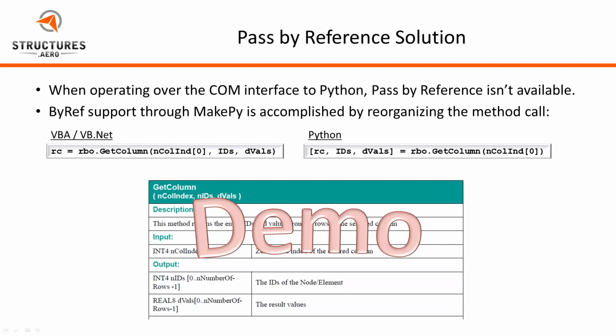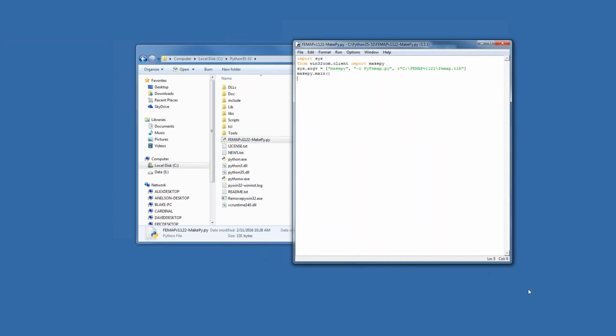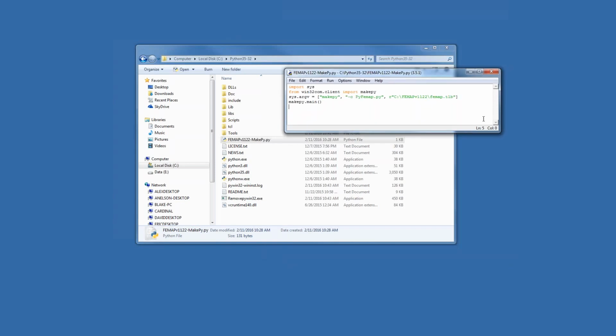So let's do a quick demo of how this works. The first thing I'm going to do is pull up just my general Python directory, wherever you happen to have it installed. And then this is the file that we will need to create. For the interest of typing errors, I already have it. This is that exact same code that is in the PowerPoint, so you can grab the PowerPoint if you need to download it. What this is going to do is, again, run that MakePy function, and it's going to generate that pyfemap.py file. So if we go ahead and run this,